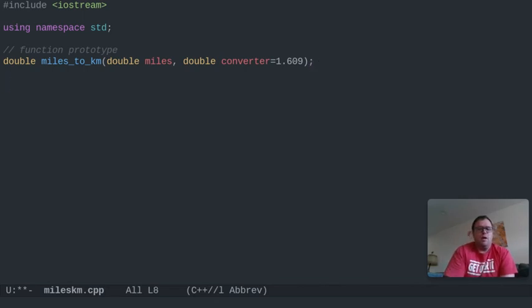Okay. All right, so now that I've declared the function prototype, if I want to call the function from the main function, I don't need to write the function before the main function. Okay, so I'm going to do the main function next. So I'm going to say int main, and we're going to return 0. And then in here,